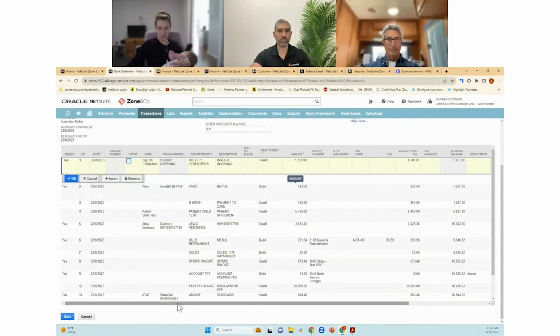My next line here has just simply worked on the vendor side instead of a customer. So it's going to be creating and applying a bill payment. My line 3 here, you'll notice the system hasn't picked up anything to actually reconcile against. But if I come to my pop-up here, the system will provide me with